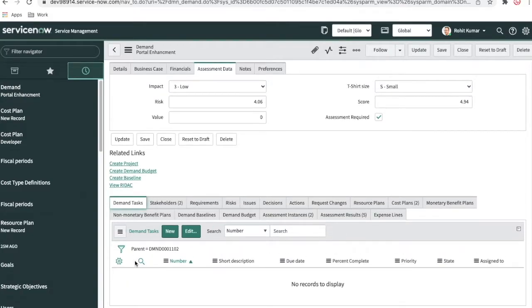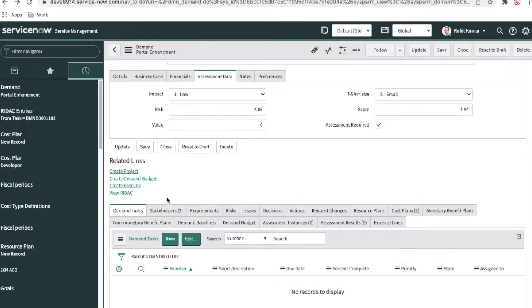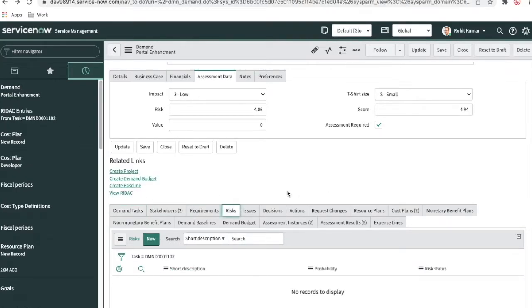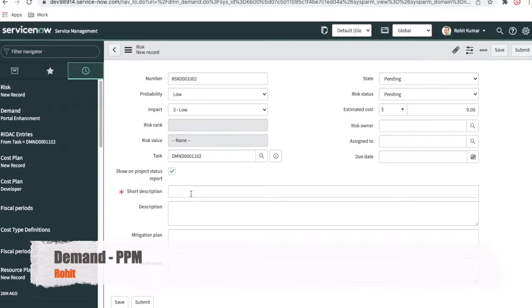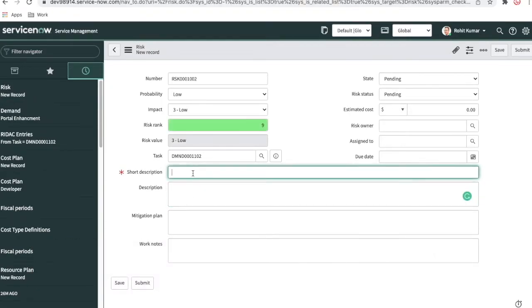Here is the demand task. You can create multiple tasks for the demand if you want. Right now, we'll talk about one of the important things called RIDAC. R means the risk. Suppose in the demand, someone generated a risk. So let's say we generate the risk called